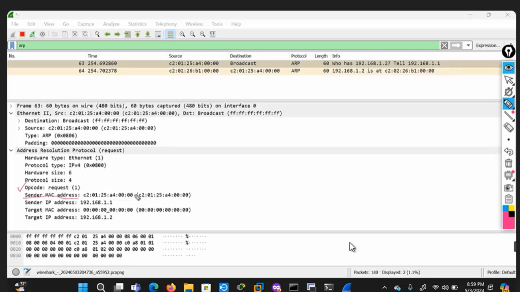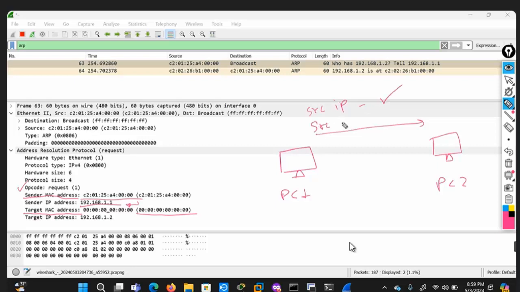And the sender MAC address, simple thing, is the MAC address of PC1. The sender IP address is the IP address of PC1. We configured that before. And the target MAC address is all 0, that is empty. There are two PCs in our scenario, PC1 and PC2. The source IP is known, the source MAC is also known, and the destination IP is also known, but in the destination MAC field there are all zeros.